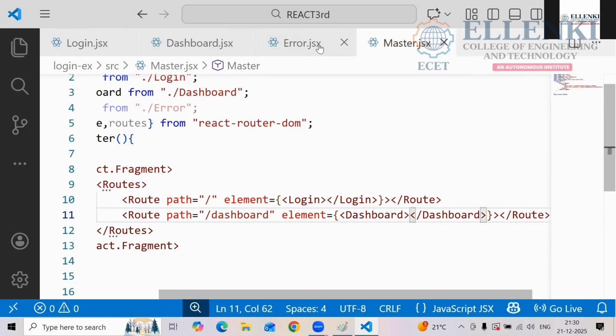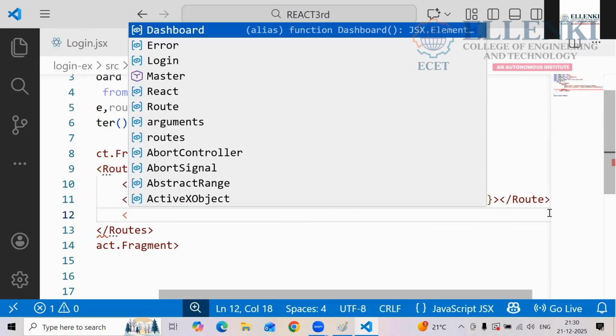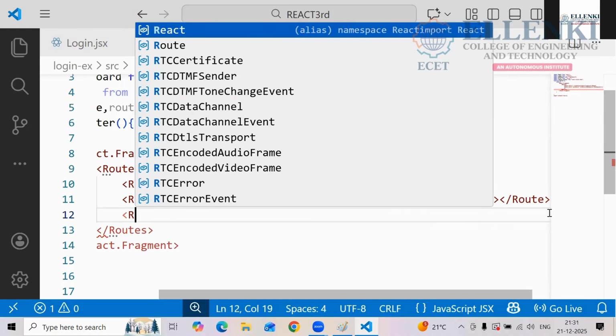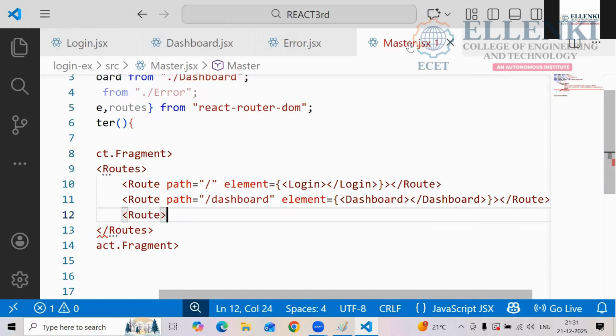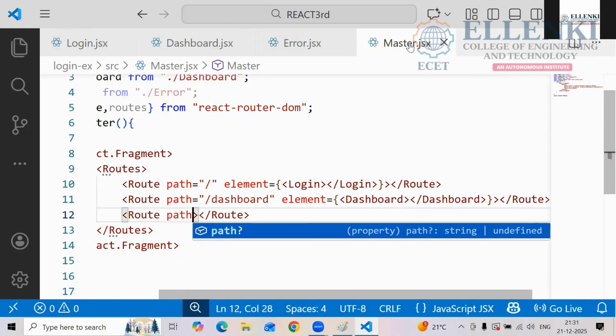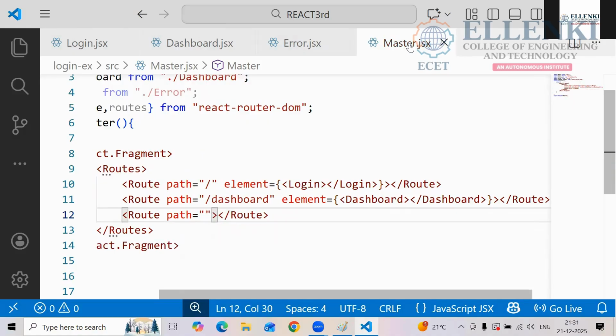Okay. Now next one is what? Error, right? So next one, error. How are you going to do it? Tell me. Route tag. And in this, what are the attributes we are having? Path equals to curly braces. I mean, curly braces are the same.